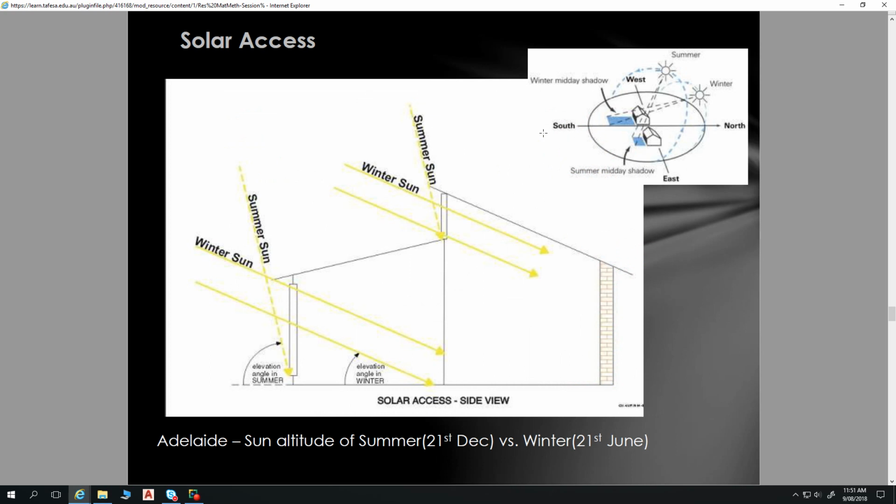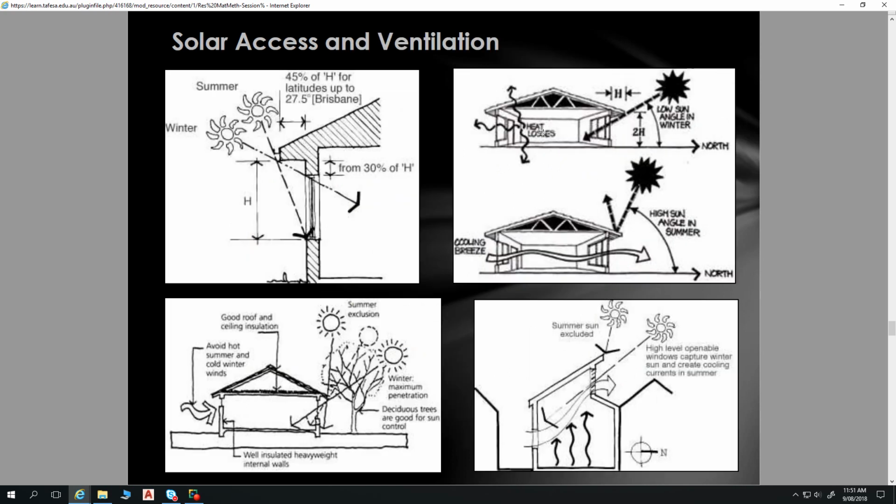That's more on solar access. I think we understand that fairly well. And ventilation, how that can be achieved. So things like these clerestory windows can serve several purposes. That's facing north. Your winter sun can come in through that clerestory window, heating up your building fabric, but it can also be used for ventilating the house by having that hot air rise and the hot air being taken out and drawing cool air